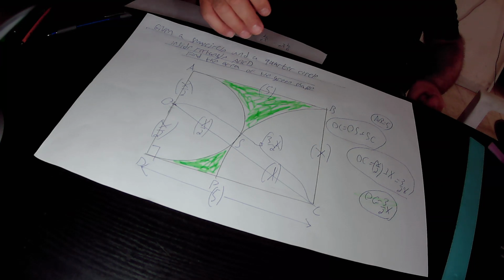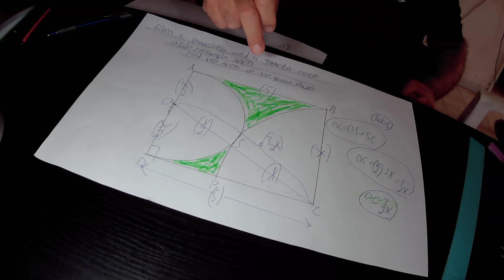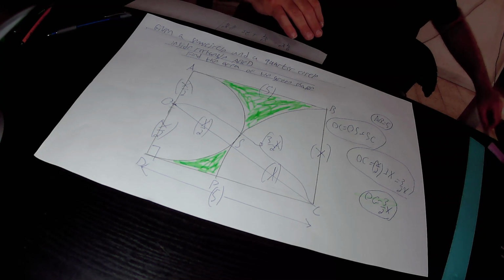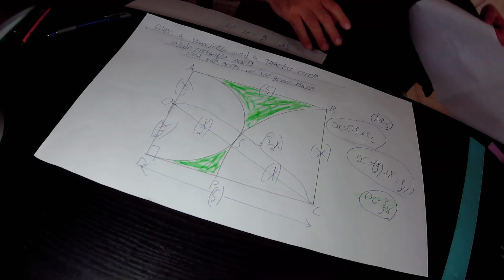So I already mentioned before, we have an external touch between this semicircle and this quarter circle. That is to say they touch each other externally at point S. And whenever you have an external touch between two circles or semicircles, you can implement rule 10. So I'll click quickly on rule 10. According to rule 10,